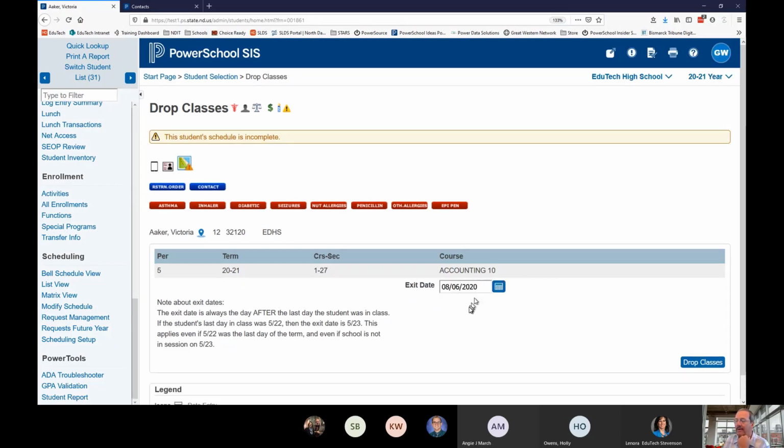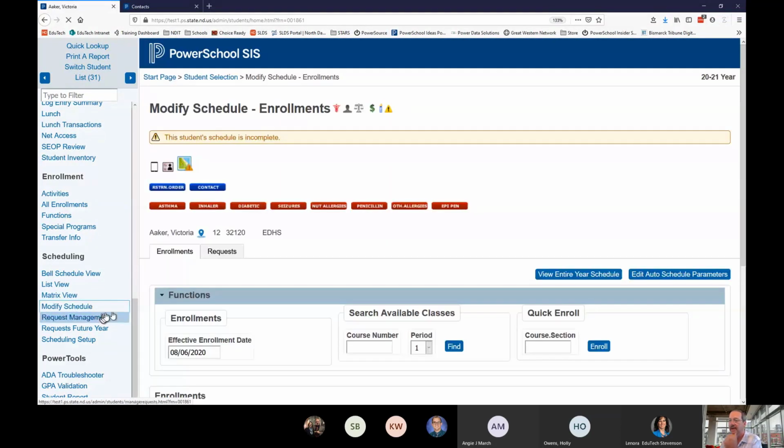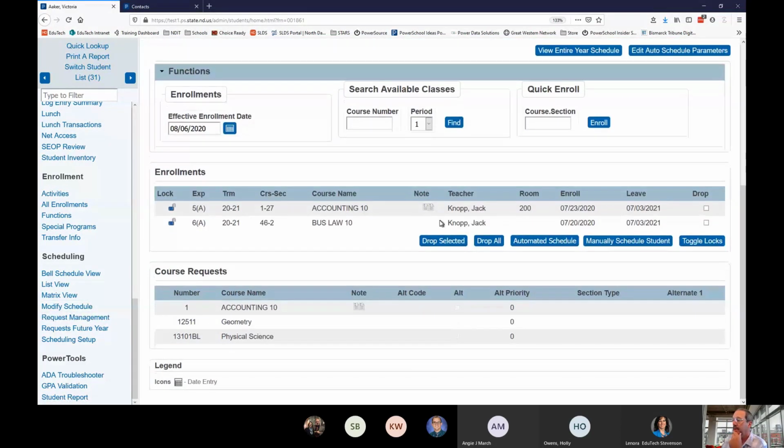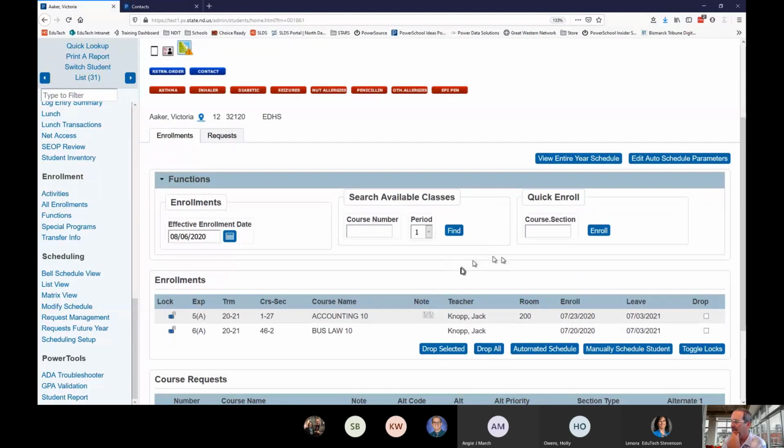And you're going to have to think about, okay, how am I going to handle that date? Am I going to go back to the first day of school, put that date in so that it shows that he never was in the class, and then I'll enroll him in the new class on the first day of school? That's nice and clean to me. That's the way I'd handle it. But, you know, you do things the way you want,